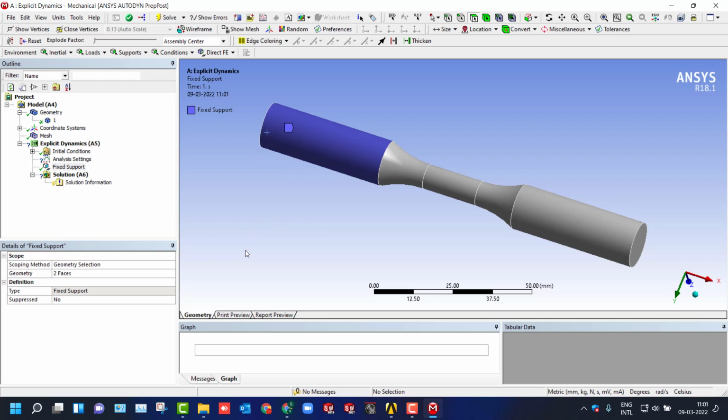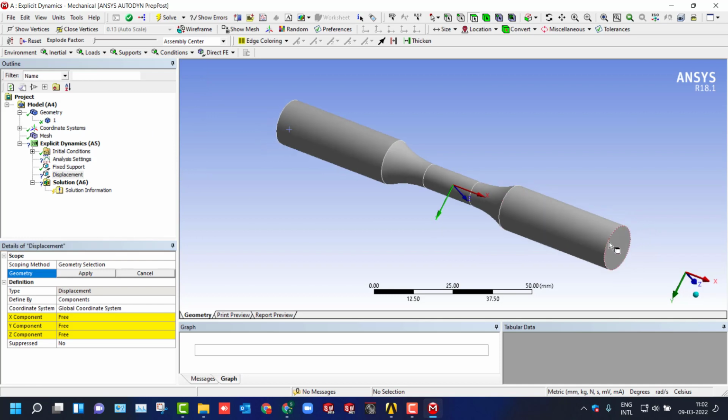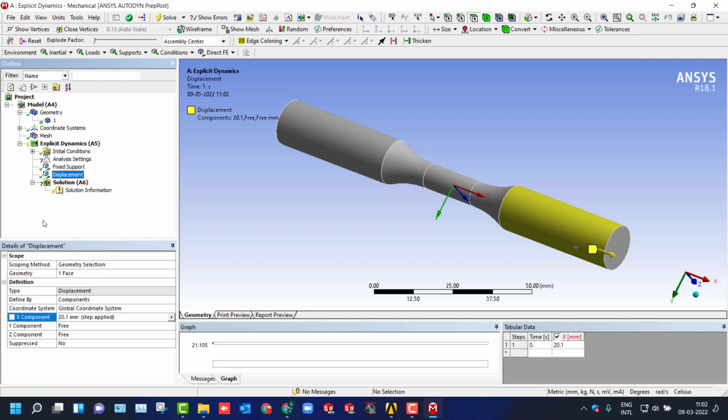And then the actual displacement I'll apply. I won't apply the force over there, because I know if I drag it up to approximately 20 mm, it's going to break. I'll select this face, and here I'll add the value, approximately 20, 20.1 or 20.2 you can select. Once you define it, you could see the direction as well, so it is along the positive z direction. Once you define this much,